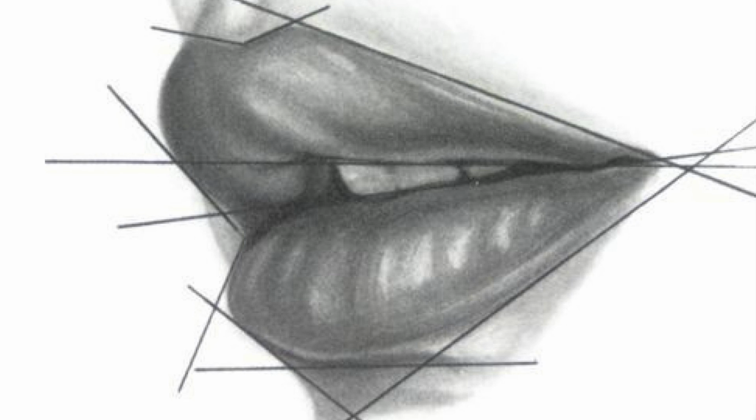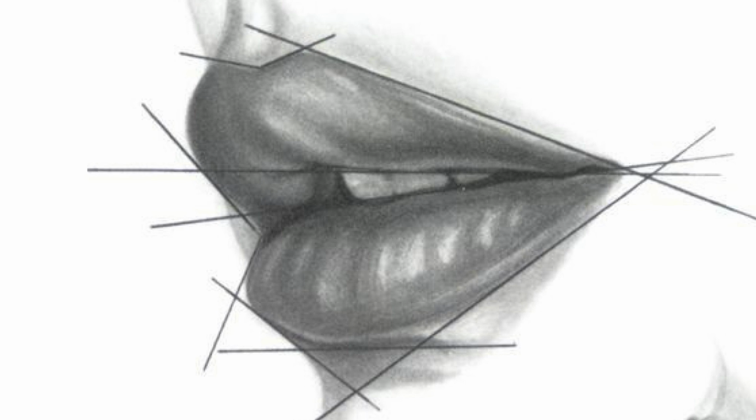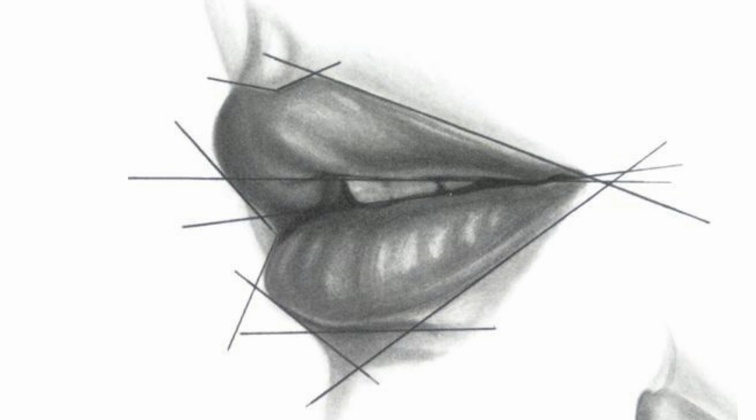The upper lip angles in while the bottom lip angles out. Shading and shaping the teeth. The mouth becomes more complicated when the lips are open, allowing the teeth to be seen. Each tooth must be drawn accurately in size, shape and placement, or it has a profound effect on the likeness